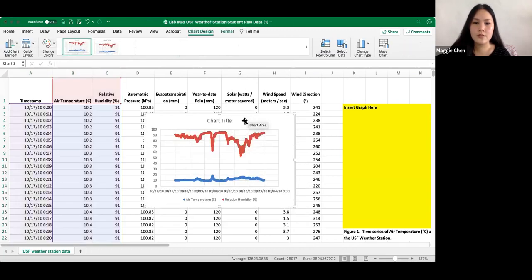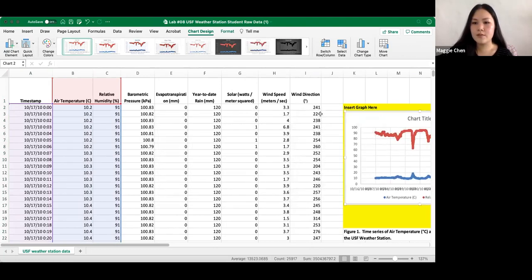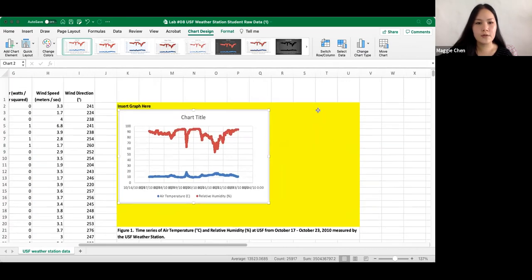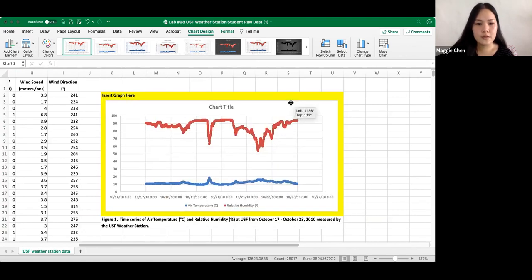and it will give us our chart. I'll just move this over to this yellow box off to the side where it says Insert Graph here. But now we have our chart where air temperature is in blue, relative humidity is in red. This is over 5 days. We have our one vertical axis, but to format this